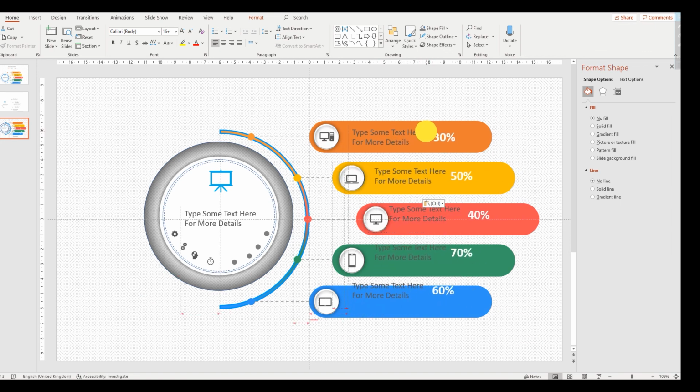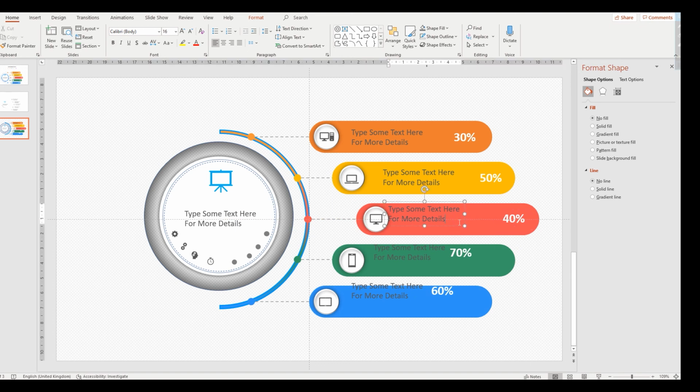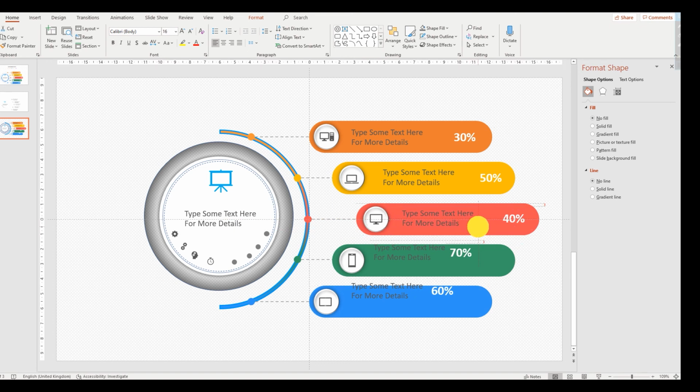Adjust carefully the text boxes, adjusting one by one.